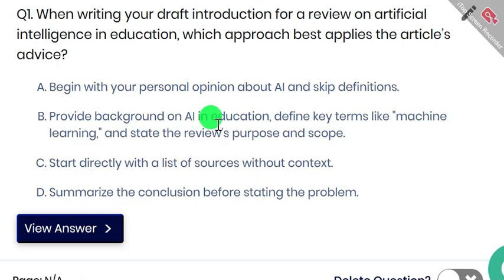Provide background on AI in education, define key terms like machine learning, and state the review's purpose and scope. Without seeing the next option, I can say that B seems to be logical, that we have to provide background on AI in education, then define the key terms, and then state the review's purpose and